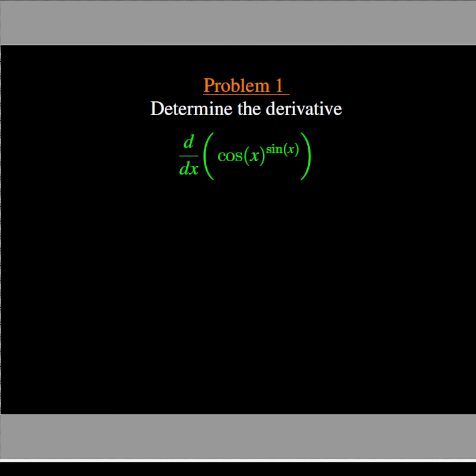Hi, we have a great question to solve. We are asked to determine the derivative of the function cosine of x to the power sine of x. Notice that this problem involves exponentiation, where the base function is cosine of x, and the exponent function is sine of x. In order to compute its derivative, we need to apply the chain rule and the logarithmic differentiation